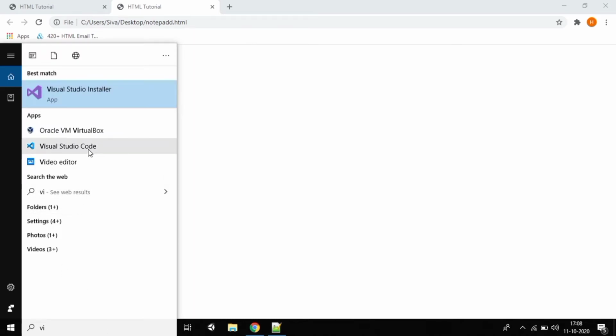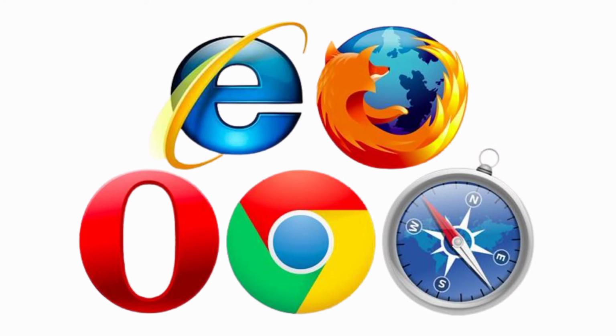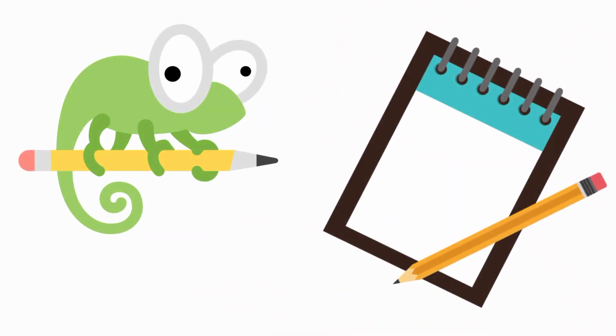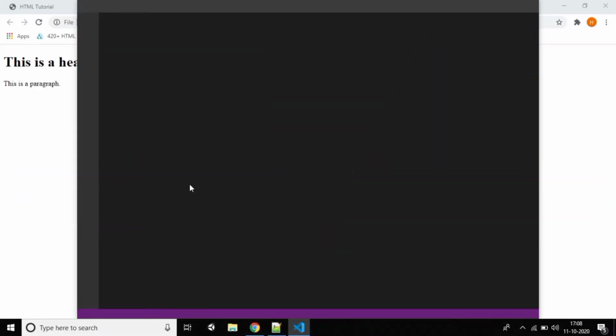You can observe the colors and just execute in Chrome. If you need Internet Explorer, of course you can see the output there too. So these are the two editors which are very important, and I am also using Visual Code, because